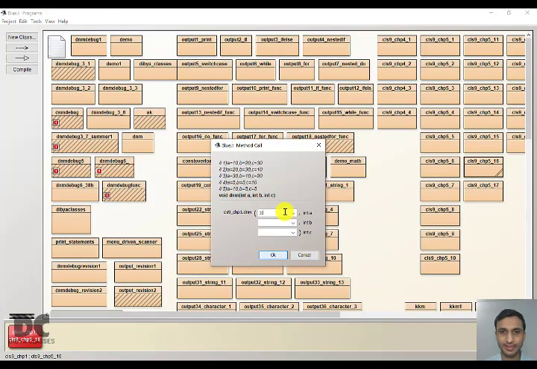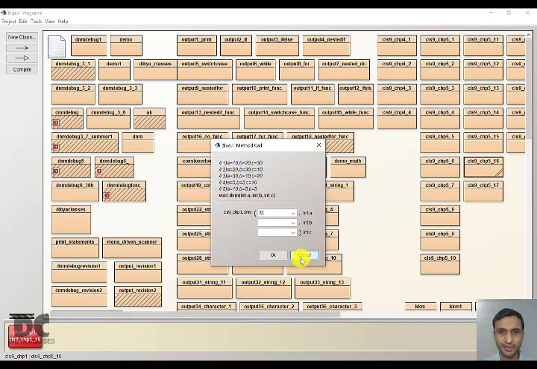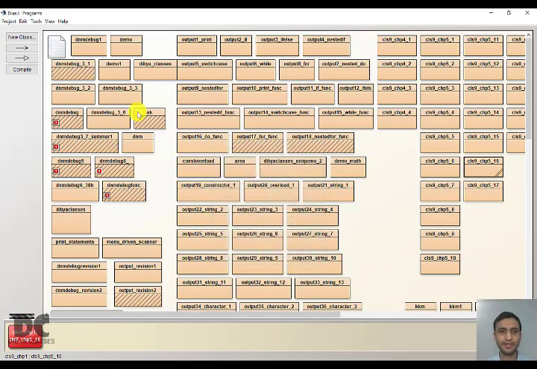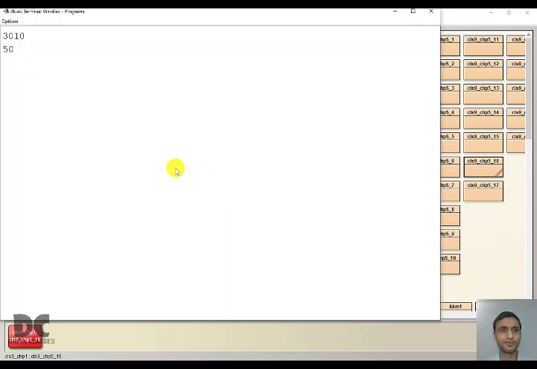So we'll take 10, 20 and 30. We're not getting any outputs. The answer is no output. Then it is 20, 30 and 10. Again, it is not printing anything, so no output. Then 30, 10, 20. The third bit, we are getting 30, 10 and 50. So our answer is correct.